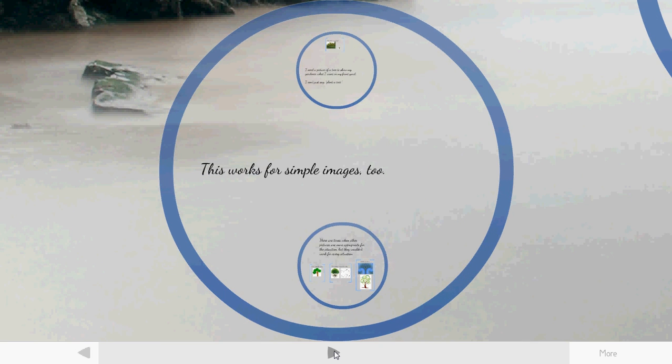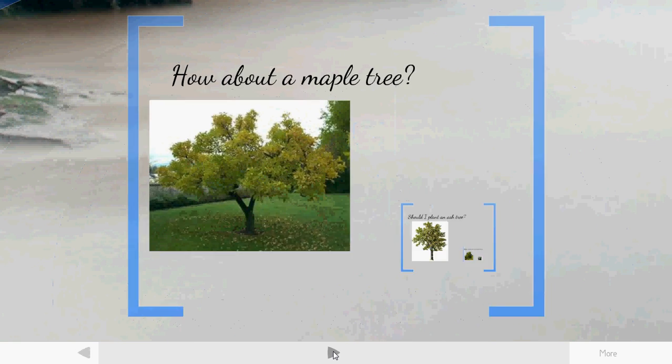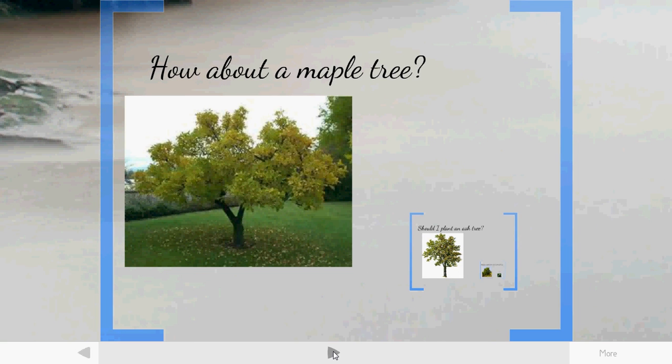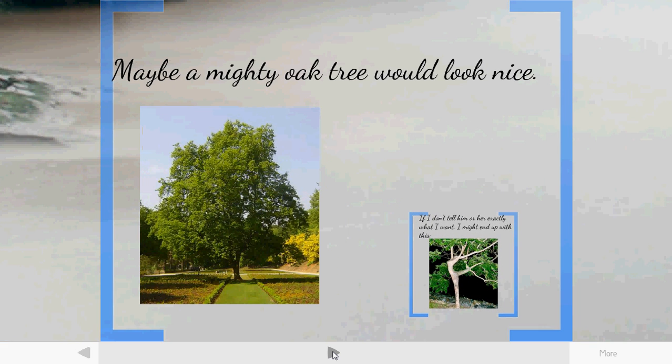If I'm going to need a picture of a tree to show my gardener what I want in my front yard, I can't just express to him, plant a tree. I need to be more specific. So I might show him or describe to him a maple tree. I might show him an ash tree. Perhaps an oak tree. I'm going to want to be very specific and show him exactly what I want, because